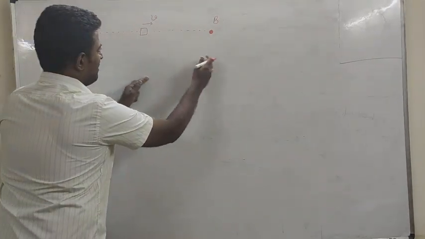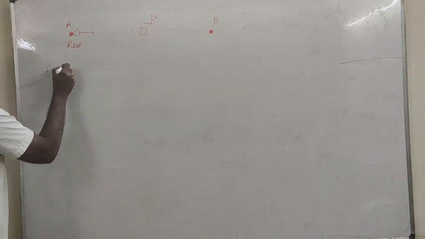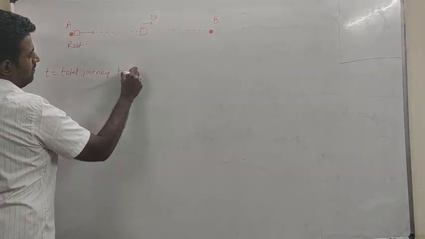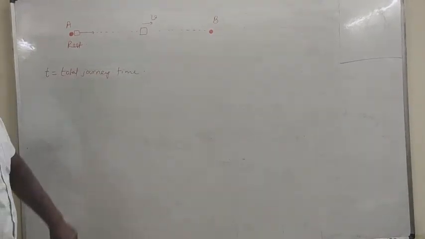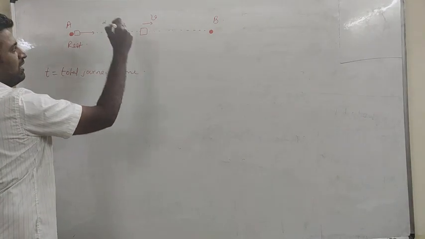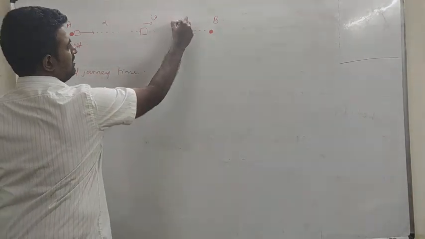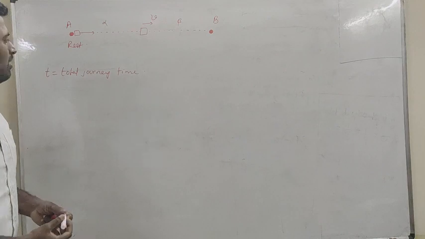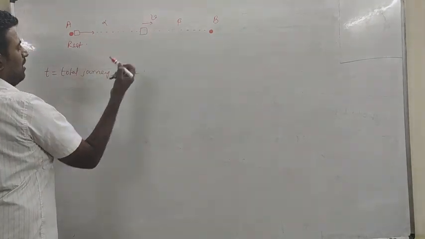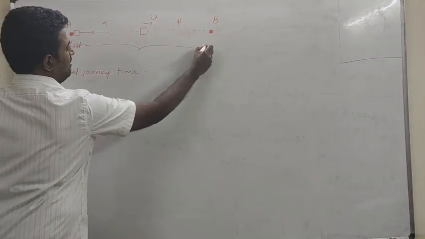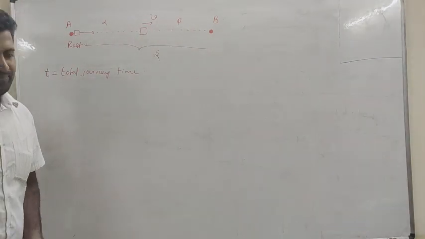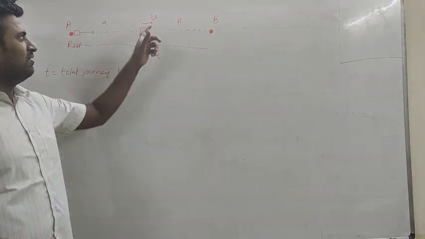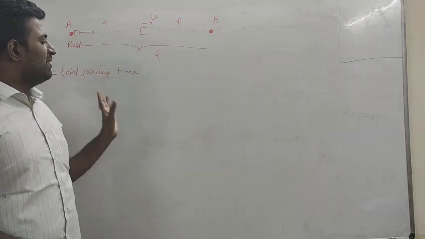Suppose the total journey time is T. V is the maximum possible velocity. Acceleration during accelerated motion is alpha. Retardation during retarded motion will be beta. I would like to make a relationship between T, alpha and beta. Let us assume that the distance between the two stations is S. Is it okay? Now, with the help of equations of motion, I would like to get relations for V and the relation between S, alpha, beta and T.